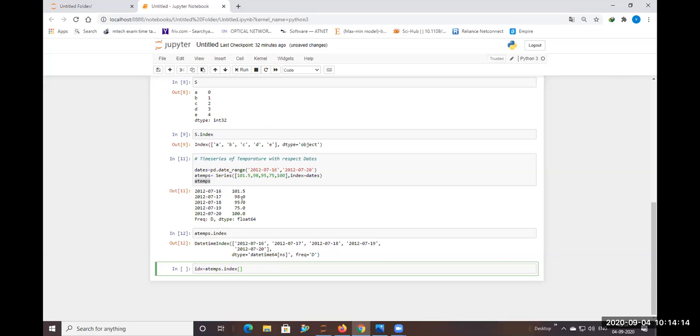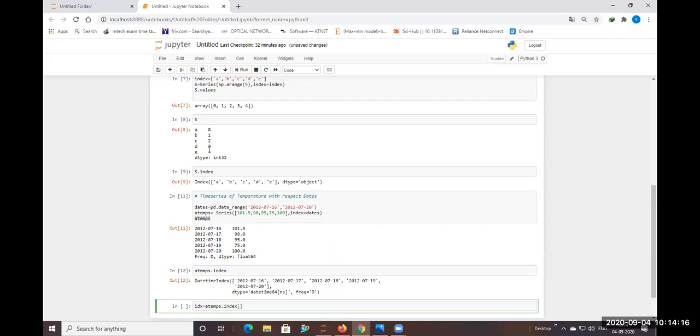For example, the set of dates are in 1, 2, 3, 4. Let me represent this value as 0, this as 1, and this as 2, 3, and the last is 4.